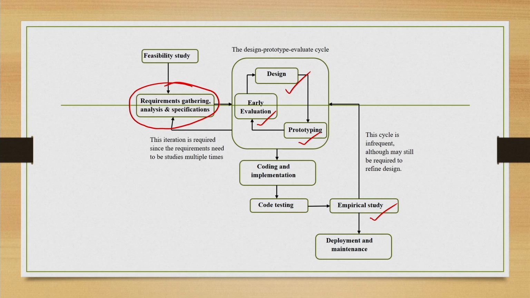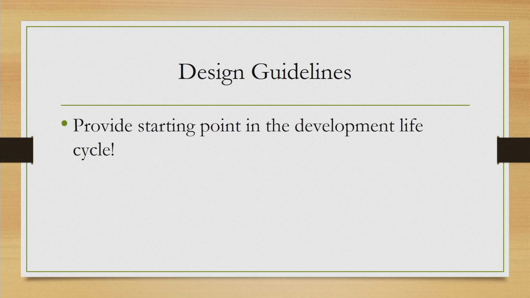So, right now we are going to discuss the design stage, which is a stage that is done somewhat differently than a typical design stage in a non-interactive software. So, when we say we want to design something, remember that our objective in a user centric system is to design for the layman users. So, we need to know the users. Now, contextual inquiry is one way to know the users. Based on that, we get some idea.